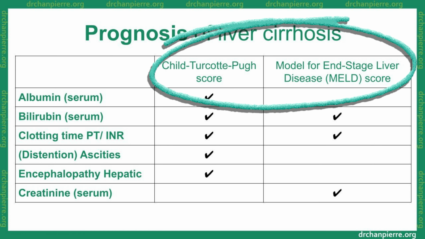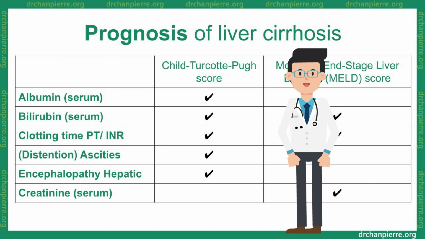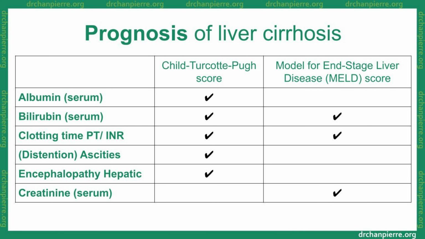Child-Pugh score and model for end-stage liver disease (MELD) score should be used to identify prognosis, including mortality risk. The Child-Pugh score uses serum albumin, bilirubin, prothrombin time, ascites, and hepatic encephalopathy to classify patients into classes A, B, and C. Patients in class A generally have compensated liver cirrhosis and are at low risk of mortality.